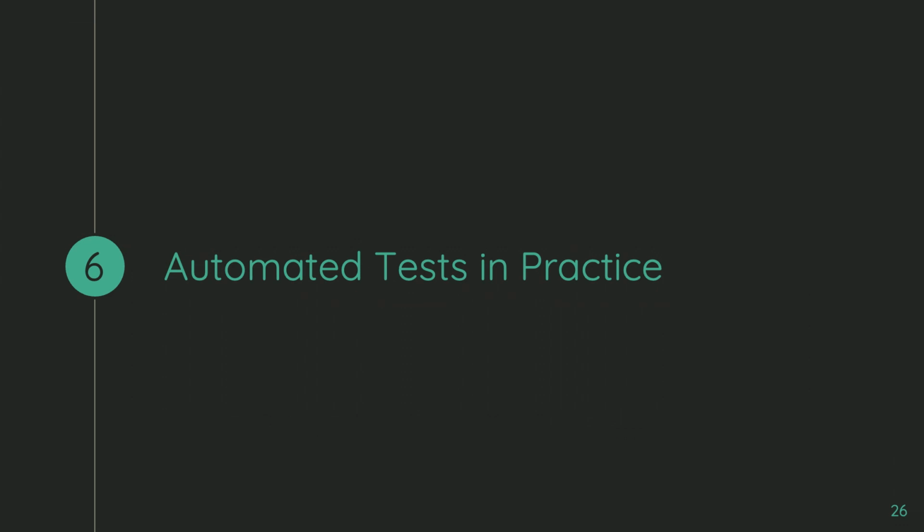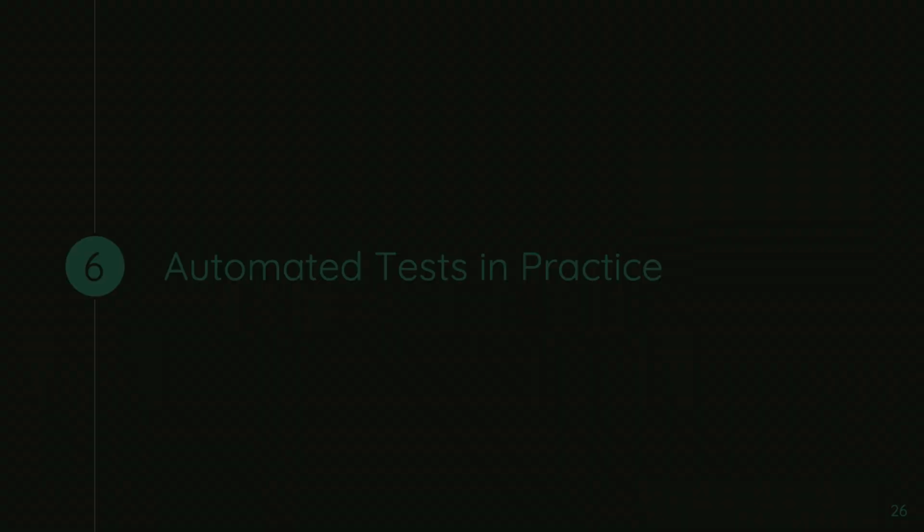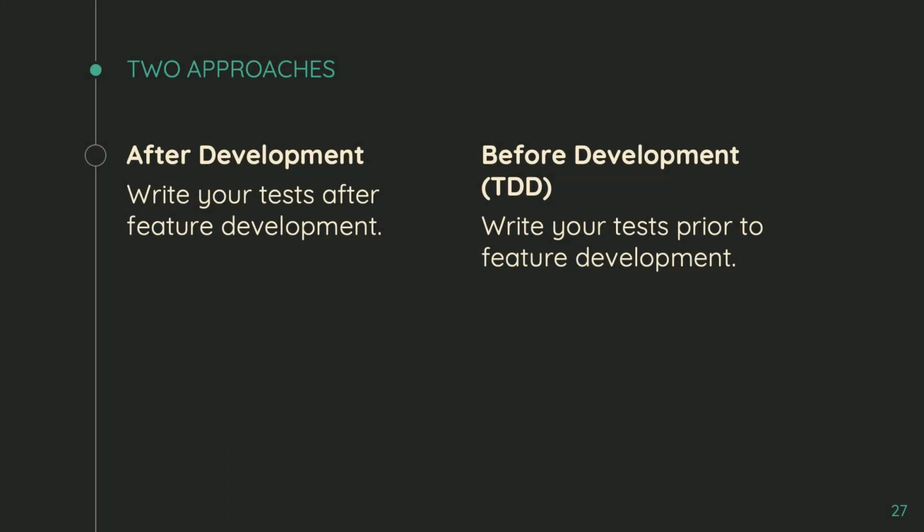Okay, so automated tests in practice. Again, I'm not going to be running any code or anything, so we're just going to have a brief discussion. Broadly speaking, there are two ways you can write your tests. You can write your tests after you do your feature development. It's perfectly acceptable. In fact, you're probably going to do that when you leave this room and start writing your first test, because you want to test your current code. But then there's the other one too, test-driven development, where you write your tests before you write your future code. There are a lot of advocates for test-driven development, but honestly, especially in the Drupal world, you're going to be doing a combination of both as you get comfortable in testing.